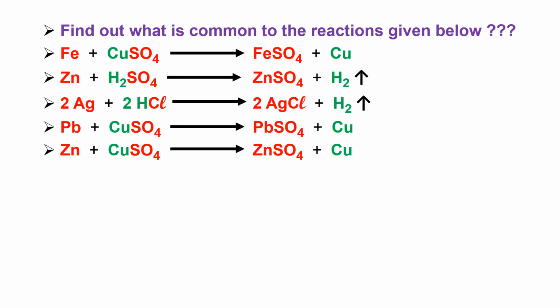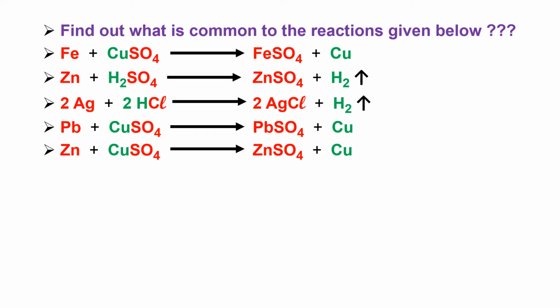In other words, if you see, Fe is taking the place of Cu, and what is formed? FeSO4. That means who took the place of Cu? Fe did. So in place of Cu, what came? FeSO4. And Cu got displaced, Cu got pushed aside, meaning he was thrown out. Okay, now in the same way zinc, if you see, zinc is displacing H2, that is hydrogen, and instead of H2, who is